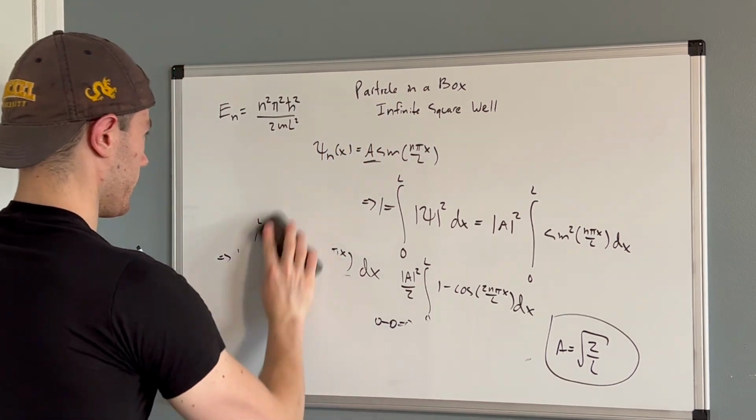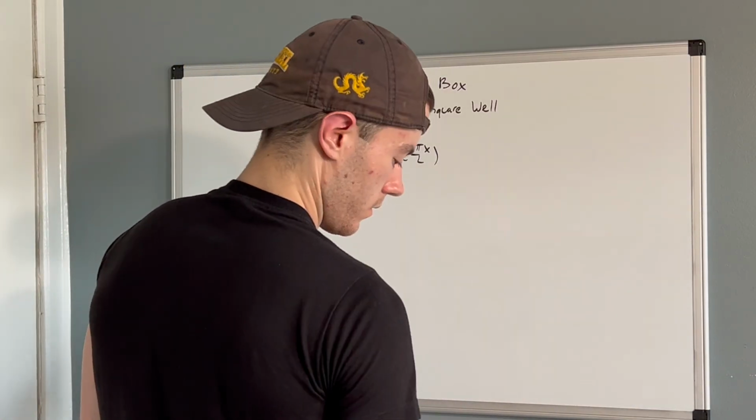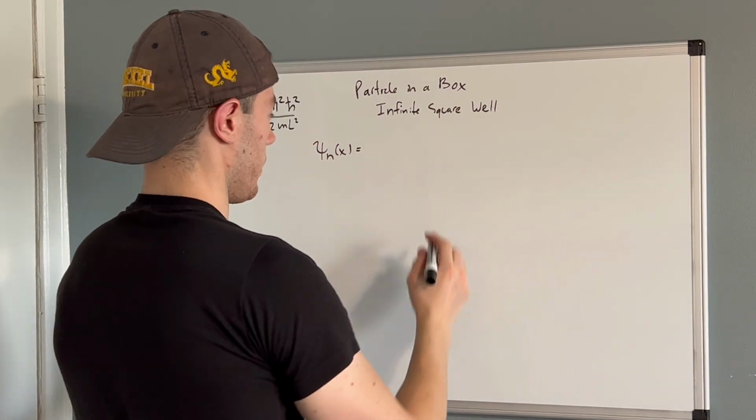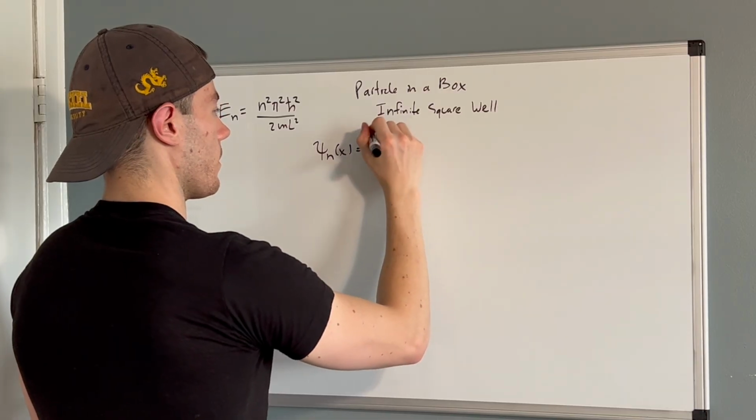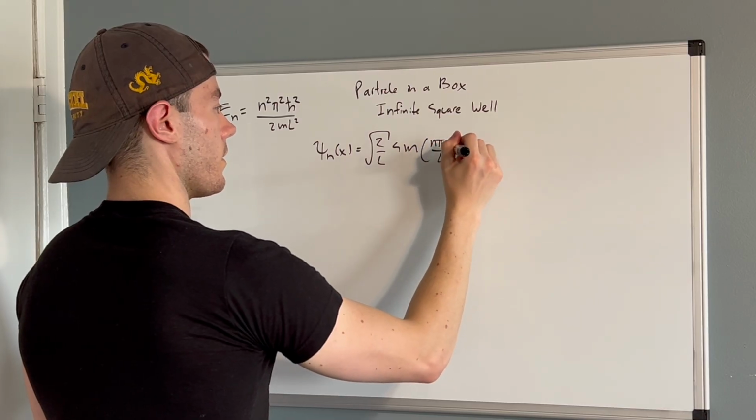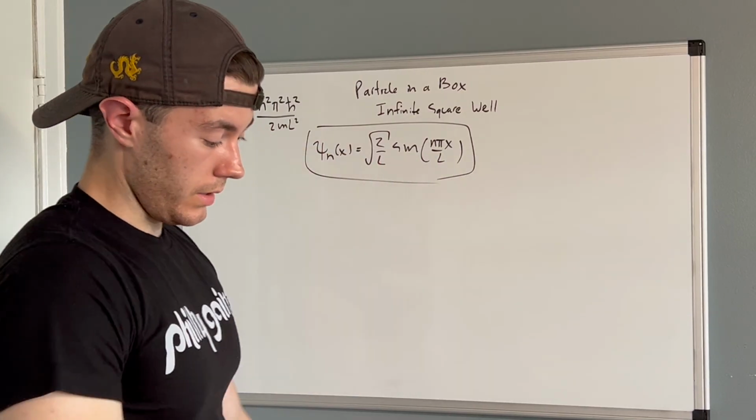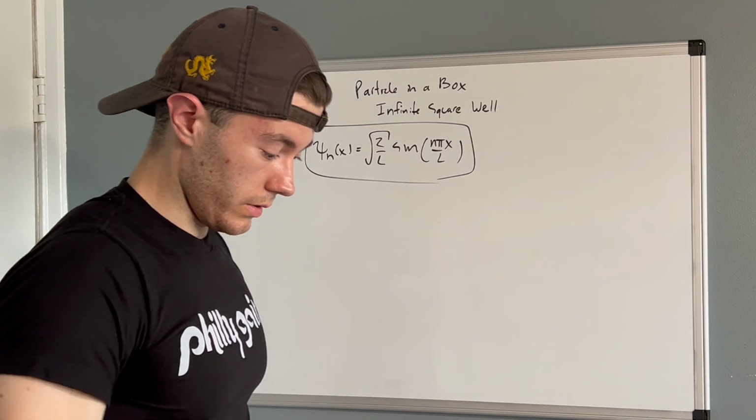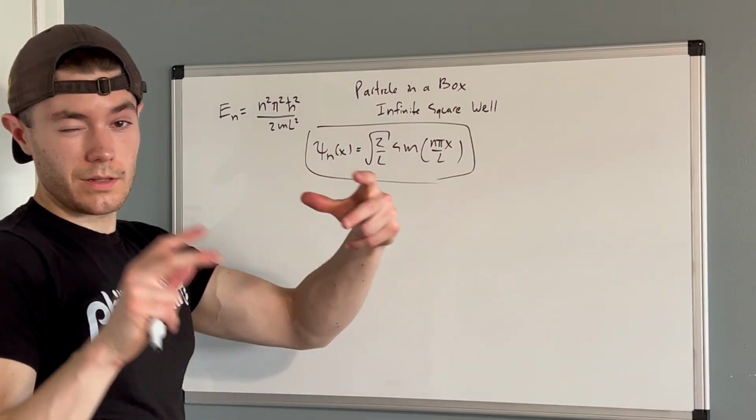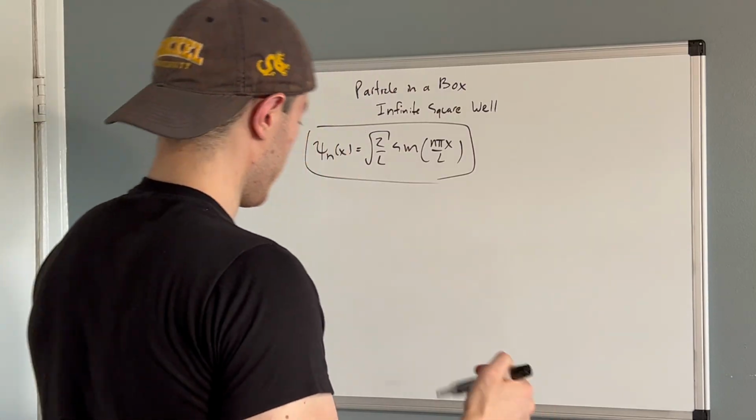So now let's go back. Psi sub n of x is actually equal to square root of 2 over L sine n pi x over L. Okay, so there's the wave function normalized. And then the last thing we have to do is find the probability of the particle being in the leftmost third of the box, so between x equals 0 and x equals L over 3. And the way we do that